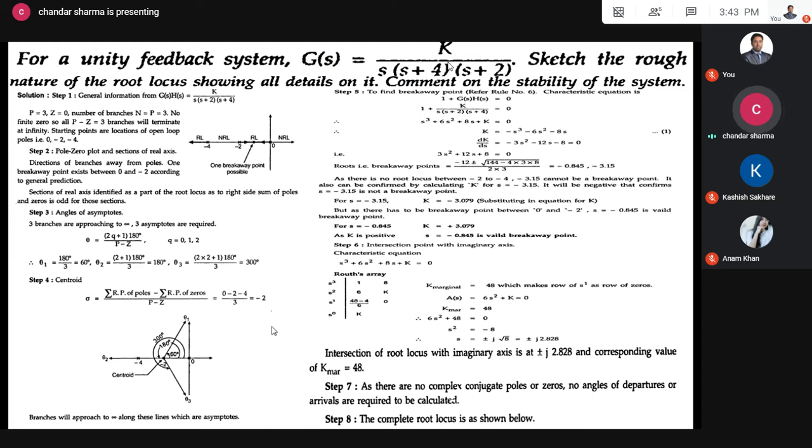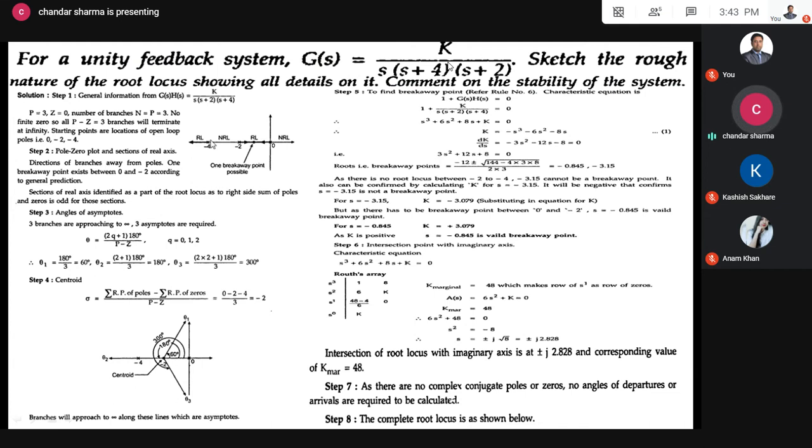The first step, since you all know numerator में zeros, denominator poles. The order of the system is 3. So there are 3 poles. Poles कहाँ पे है? S is equal to 0 पे, S is equal to -2 और S is equal to -4. पर 0 एक भी नहीं है. ठीक है? तो poles P is equal to 3. तो यहाँ पे मैंने 3 poles मार्क कर दिया. एक 0 पे, एक -2 पे, एक -4 पे, और zeros एक भी नहीं है.